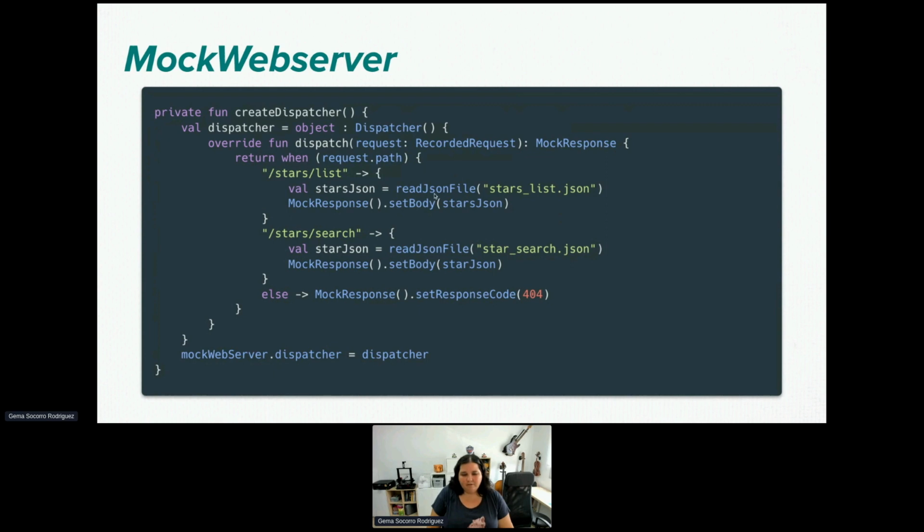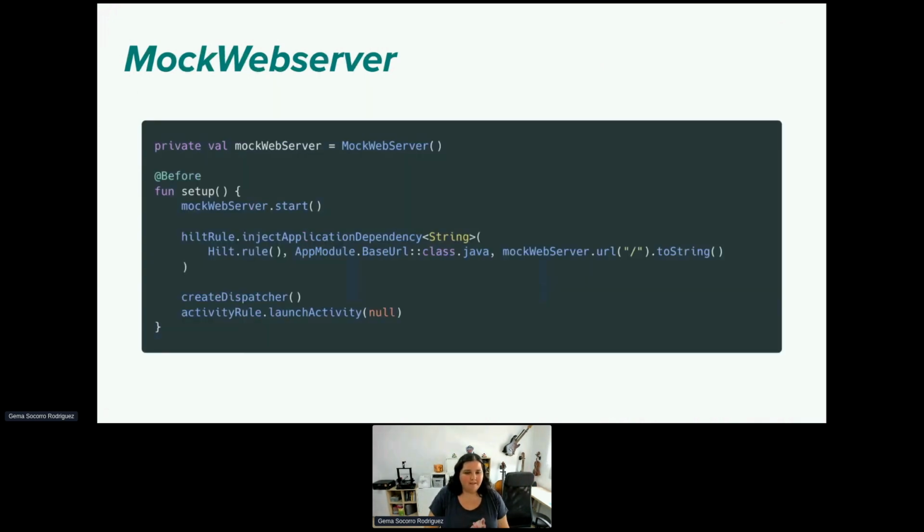We can also set different response codes depending on whatever we want to check. And then we will have to create this dispatcher when we are initializing our test. And we have also to remember to start the MockWebserver because it will create a service in your device or in your emulator.